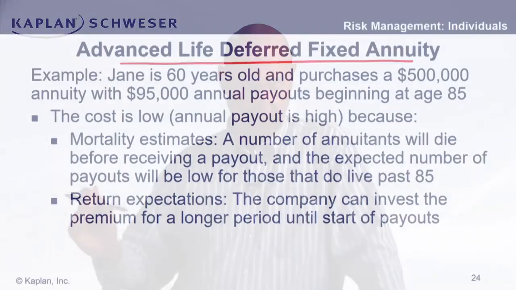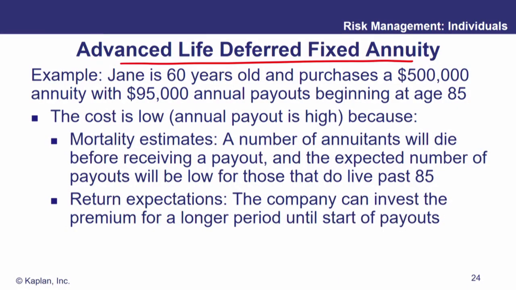Let's take a look at another issue. When I buy the annuity, do I want the payments to start immediately, or do I want them to wait before they start? Now, you might say, I want the money now. But remember, if you take the money now, they won't give you as much. If you wait, they'll make the payment bigger. Now, a particular iteration of that is what's called an advanced life. So we're going to make the delay period very long. And we're going to see why this is logical.